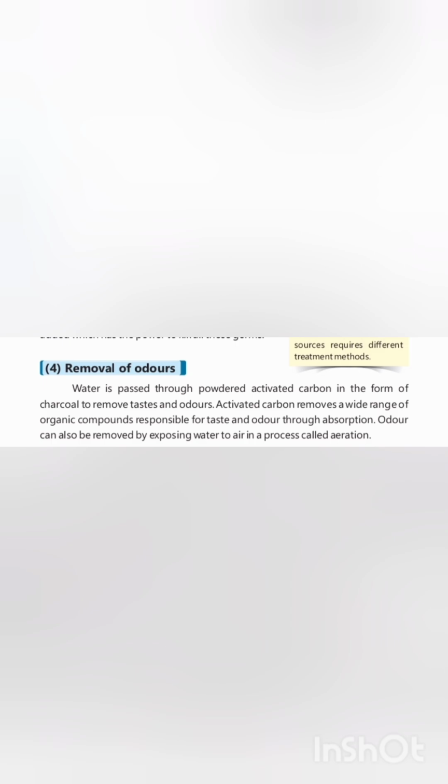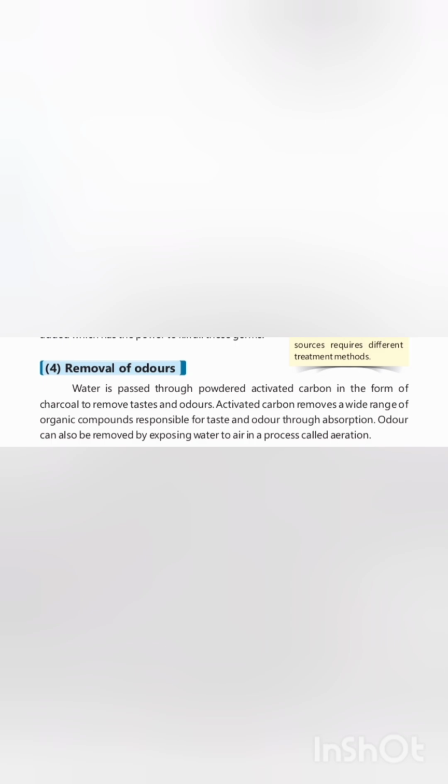Purpose: to eliminate unpleasant taste, smell, and organic chemical contaminants still lingering in the water. Method A: activated carbon adsorption. Water is passed through a bed of powdered activated carbon, charcoal, due to its highly porous nature and vast surface area. Activated carbon acts like a chemical sponge, absorbing a wide array of organic compounds responsible for foul odors and